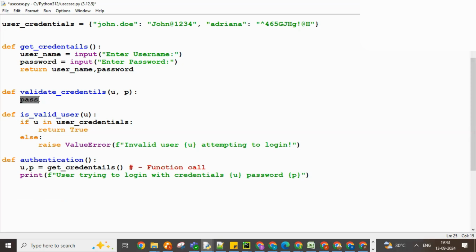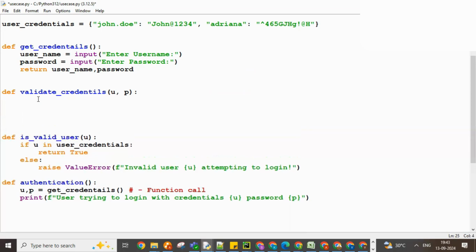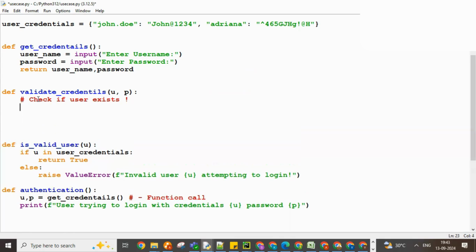So now, in order to validate credentials, what do we need to validate first? Check if user exists. How can we check? Here, if